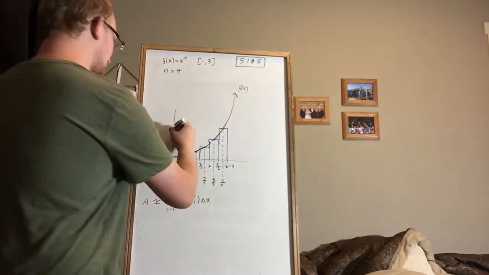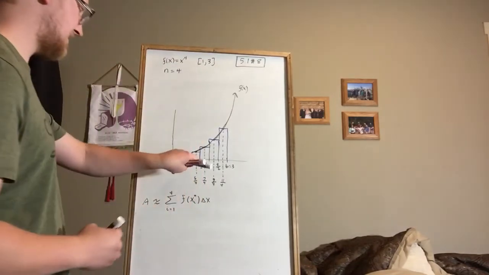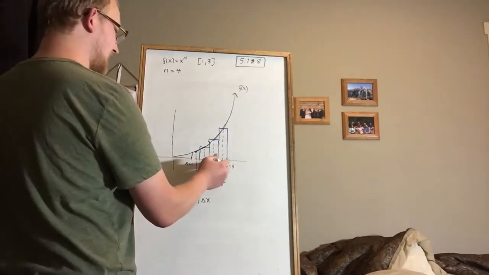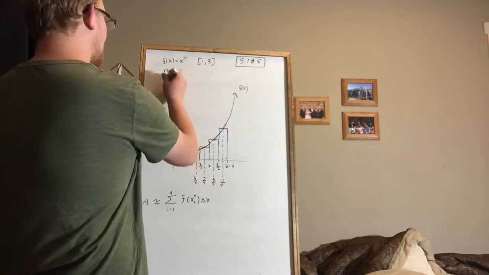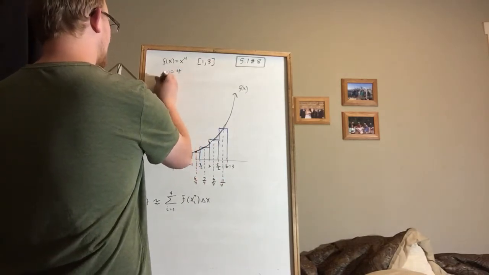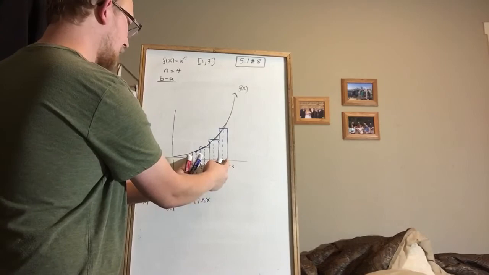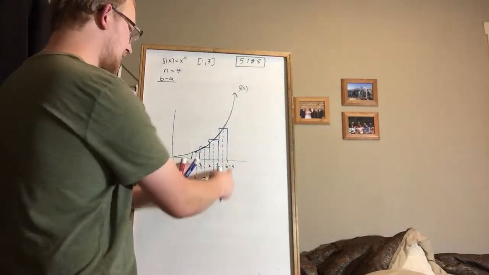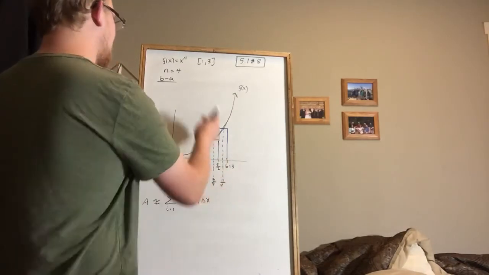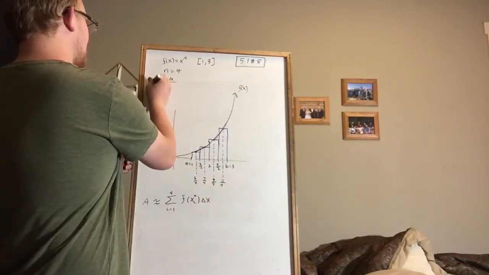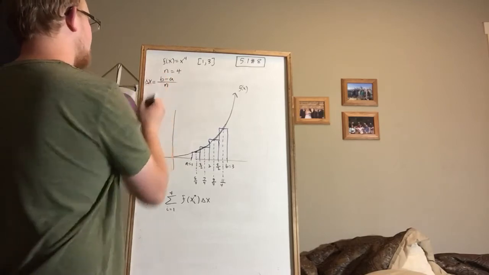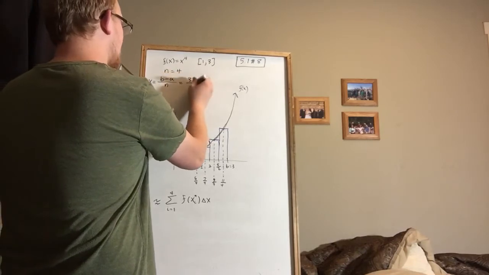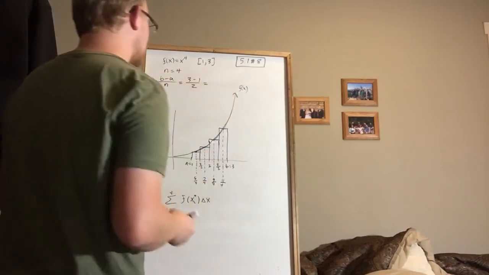Now, if we know that all the rectangles are going to be equally spaced, they're all going to have the same width. Remember, to calculate that, we take b minus a, the end of our interval minus the beginning of our interval, which gives us the entire width of our estimate, and then we subdivide it by 4, right? Because we want 4 rectangles. So b minus a divided by n, the number of rectangles, is going to give us delta x,